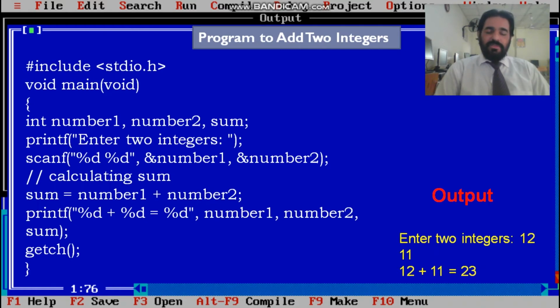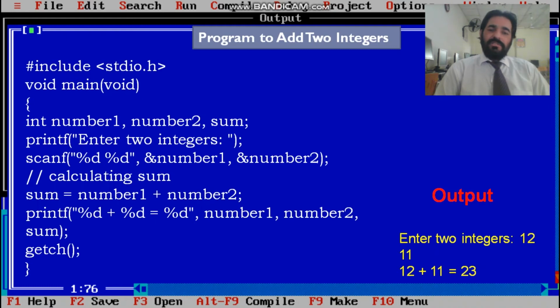There are some statements, like when we are declaring a library, or we are writing the main function, where definitely we don't need to add a semicolon after the bracket opening and closing. Otherwise, there are some other statements where we don't need to add a semicolon, but almost every statement has a semicolon at the end.